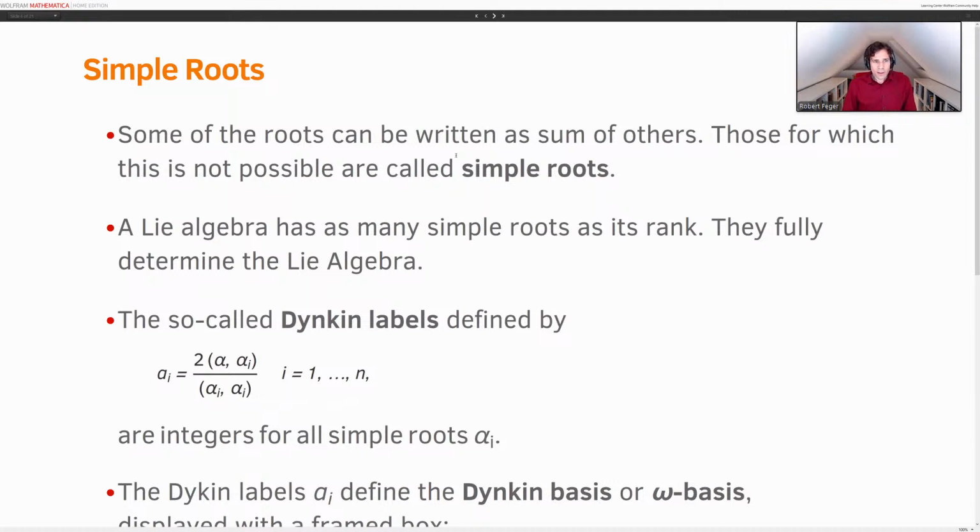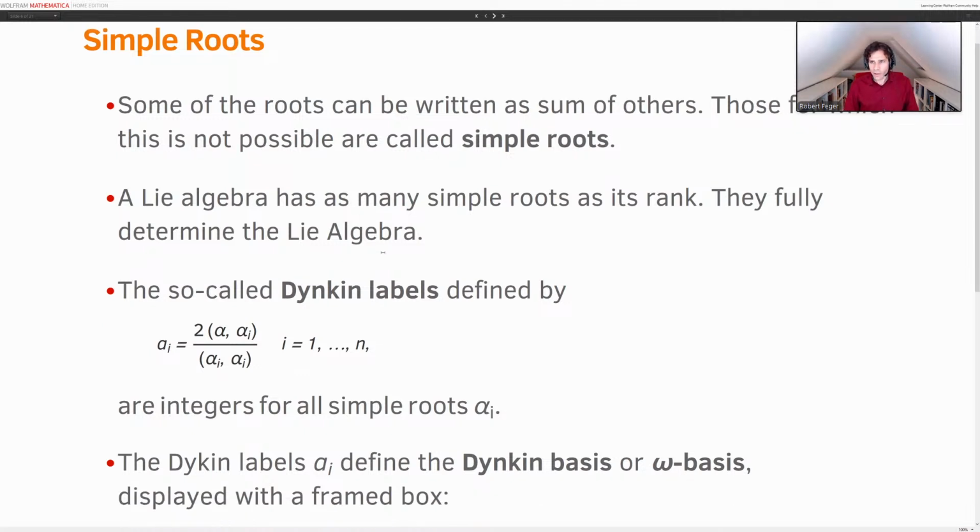Simple roots. So they are the roots I introduced, and some of these roots can be written in terms of others, but there are some for which this is not possible, and these are called simple roots. So basically, you can use the simple roots to generate all the others. And the Lie algebra has as many simple roots as its rank, and they also fully determine the Lie algebra, like the structure functions, but there is much less information in them, but still this is enough to generate all of the